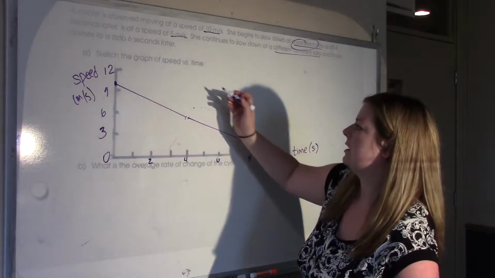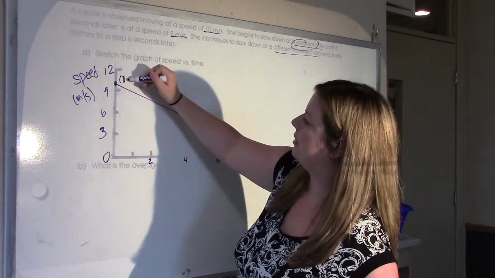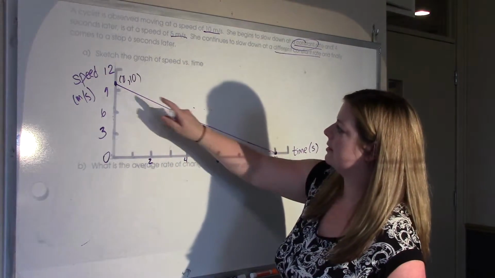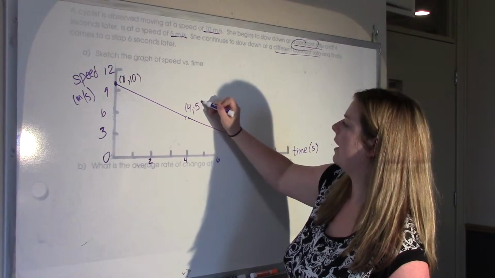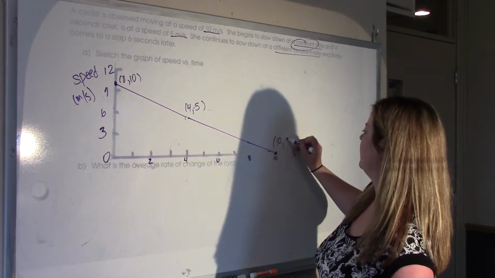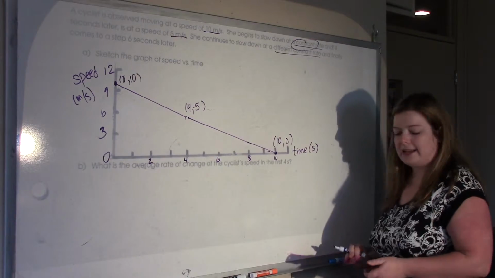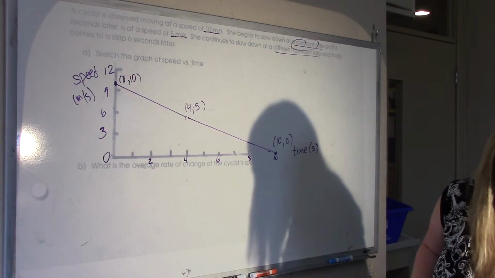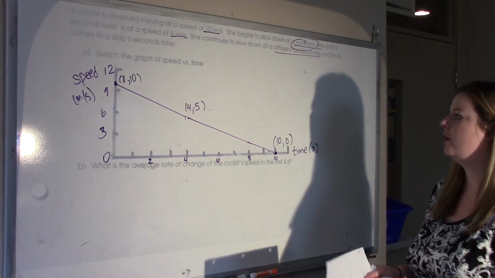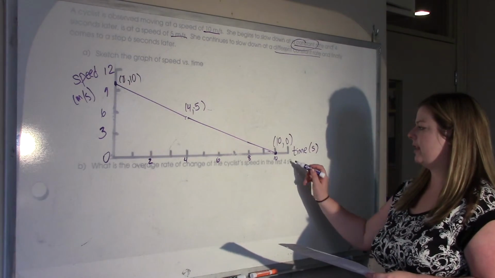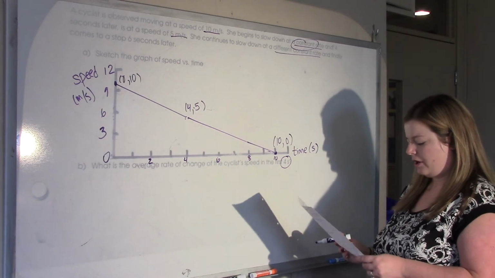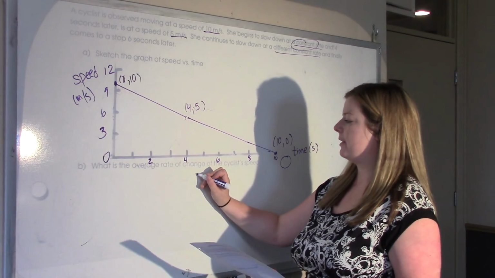Okay, so this point here is 0, 10. So at time 0, the speed is 10. This point here is 4, 5, and this point here is 10, 0. Okay, it's important that you label these points because we'll need that in a minute. All right, so what is the average rate of change in the first 4 seconds? So average rate of change, just remember that's the change in